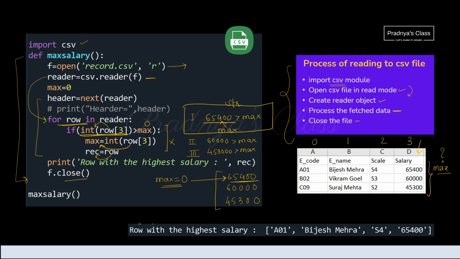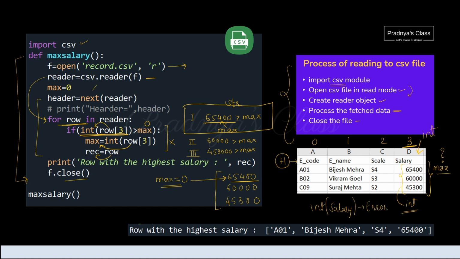While writing this code, we need to take care of one more thing. As you can see, this CSV file contains a column header. When we apply the for loop and access the content of the file row by row, the header also will get traversed. To get the required output, we are applying the int function on this column. These are all numbers, that's why they will get converted to integer values. But what about the header salary? Salary is a string. It will not get converted using the int function, so it will display an error.